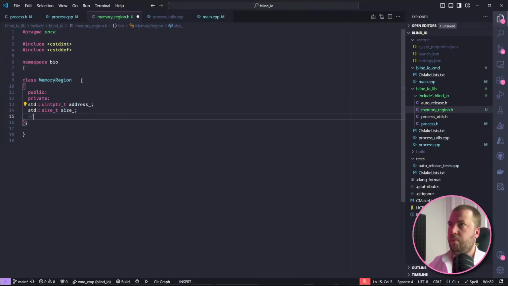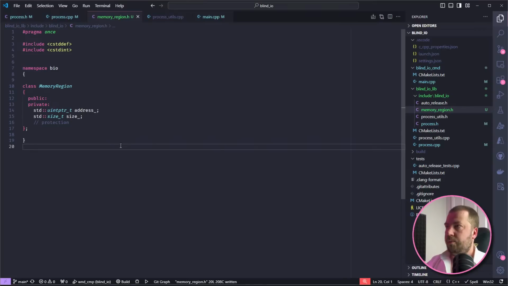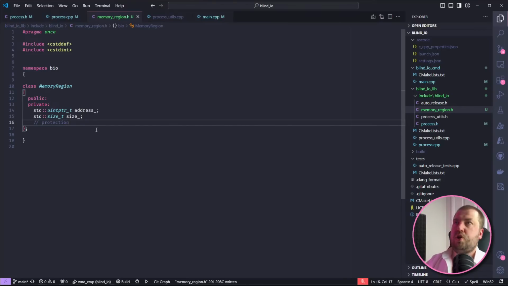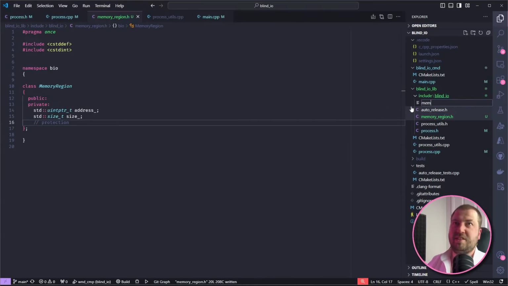And then we're going to want something for the protection level. So I think we should use an enum for this, and there's actually, yeah, okay, let's do this. Let's go deep. I don't think anyone was expecting to go deep on enums and flags in C++ today, but here we are. Memory region, what are we going to call it? Memory region protection?